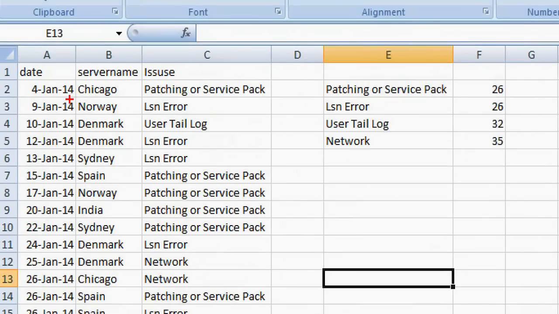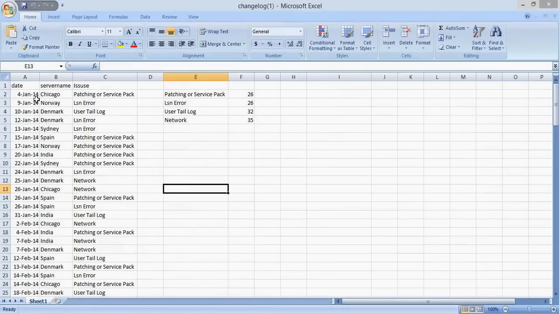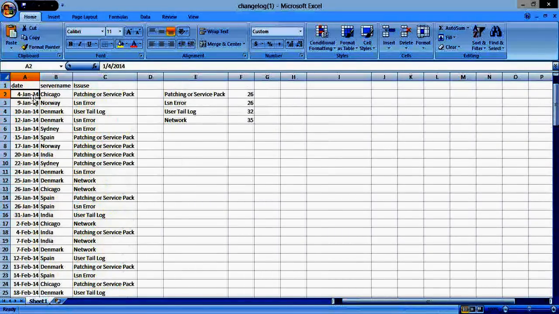Here you can see an Excel sheet which has date, server name, and issue. Only 3 columns are used. It's a very simple thing. On 4th of January, there is a server named Chicago.